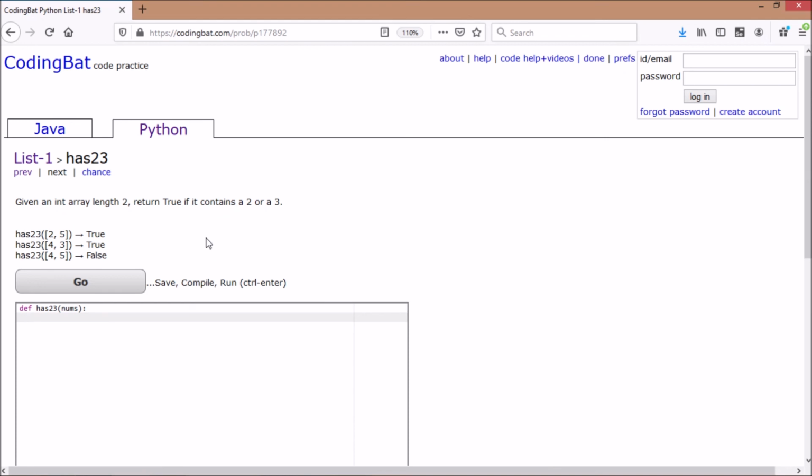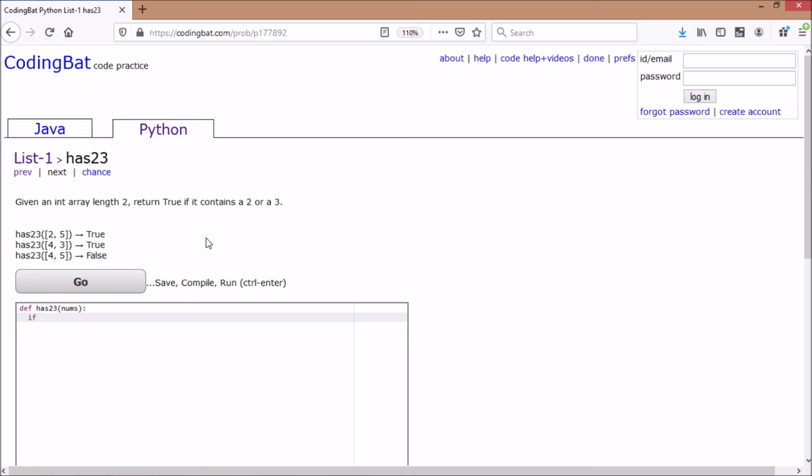This is the last question for the list 1. Given an integer array, length 2, return true if it contains 2 or 3. So we can do two things. One is comparison, in that we can use if, or we can use the in operator, that is also built in for Python. Let's go with if first.